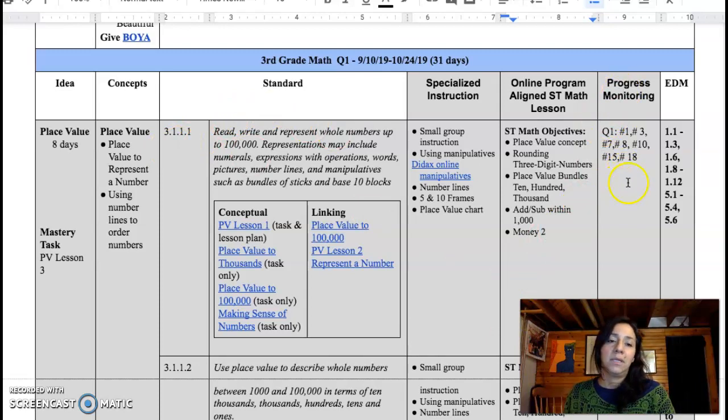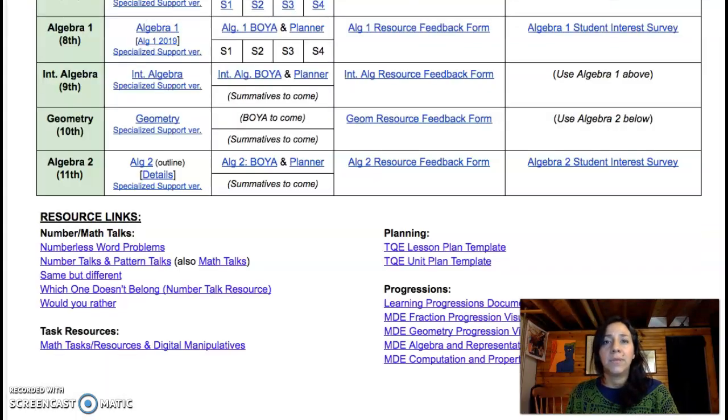Then the progress monitoring, we have for quarter 1, these specific questions are the ones that are going to be addressing this benchmark. So everything that you're going to see in this row is going to be aligned. The last column will be Everyday Math. These are the lesson units that are going to be working on 3111. Please note that this document will continue to be updated with resources and links through the school year. Returning to the curriculum guide,